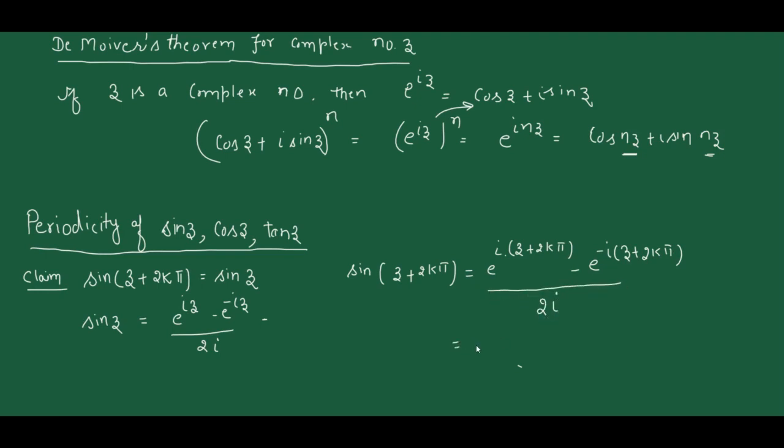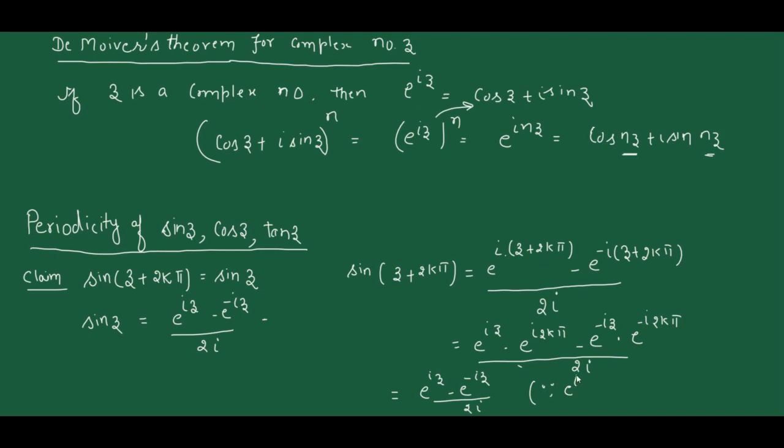Now separate the numerator as e raised to power iota z times e raised to power iota 2k pi. Similarly, minus e raised to power minus iota z times e raised to power minus iota 2k pi divided by 2 iota. Okay, and this will be e raised to power iota z minus e raised to power minus iota z by 2 iota, because